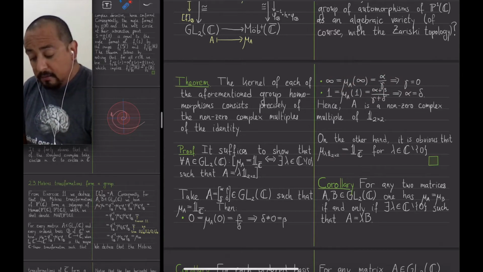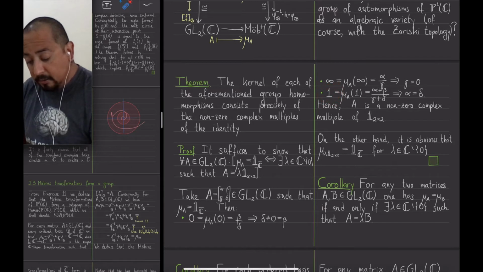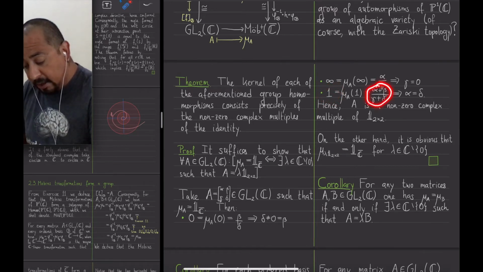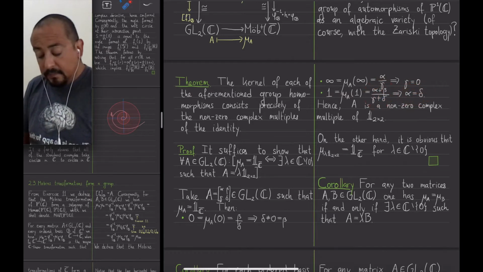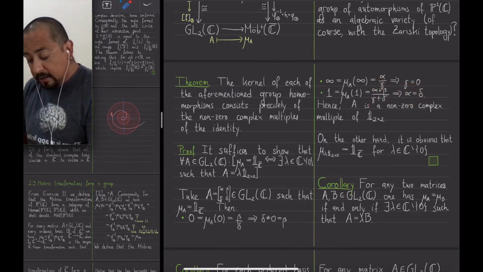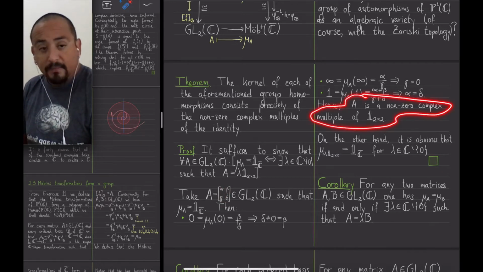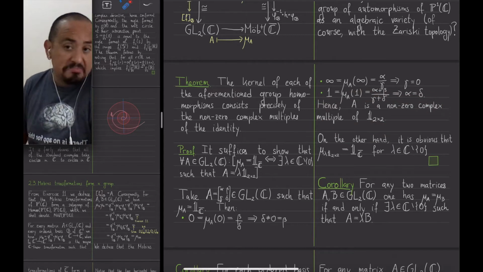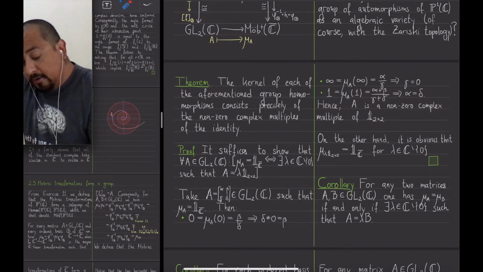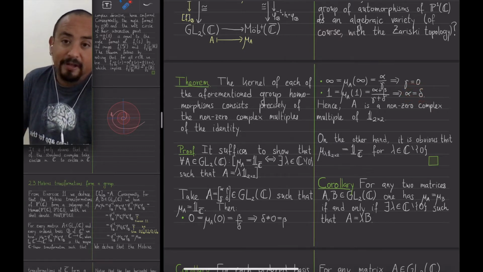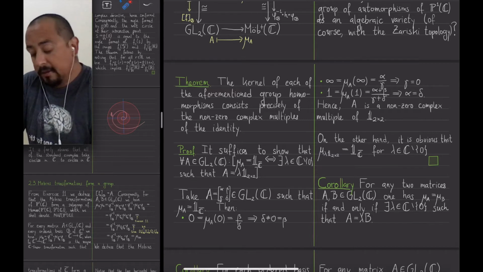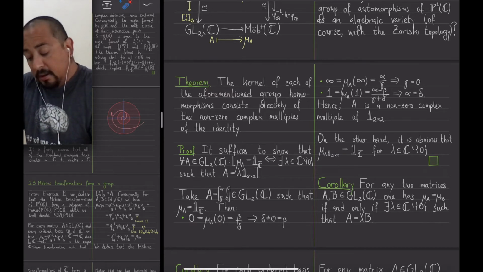And finally, we evaluate at 1, because at 1 we have this formula, but then these are already gone, beta and gamma. So alpha is equal to delta. And alpha being equal to delta and beta and gamma being equal to 0, well, we see that A is lambda times the identity matrix for some non-zero lambda. Non-zero because otherwise A would be the zero matrix, right? And then of course it would not be invertible. Okay, now